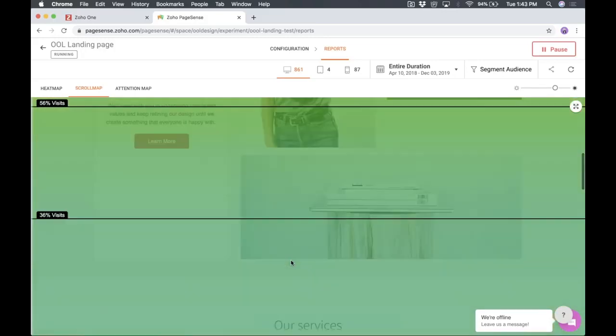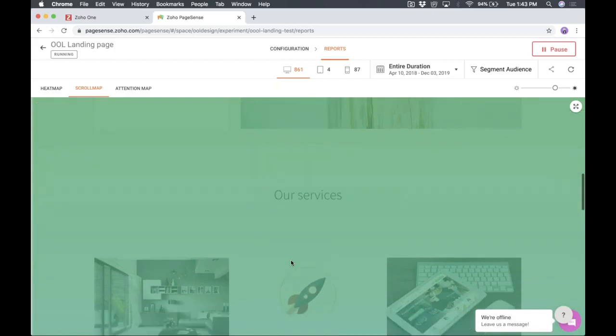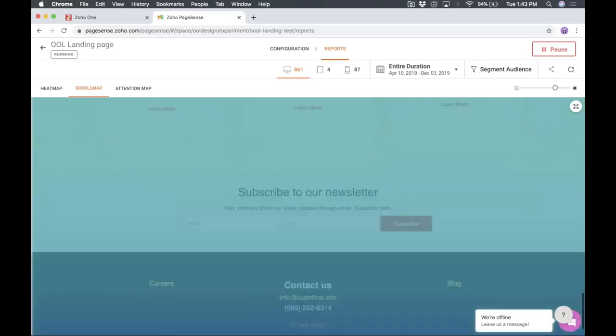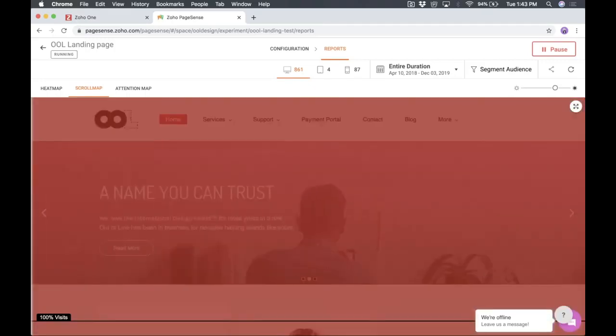But as we scroll down, we see some very crushing realizations: this very nice testimonial section only gets seen by about 26% of our visitors. And even worse, this newsletter subscription form only gets about 24%. So less than a quarter of our visitors actually ever make it this far down the page, right? So this report is really helpful for letting us see where our